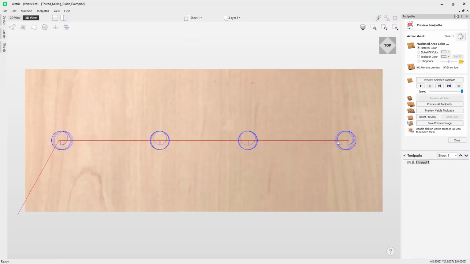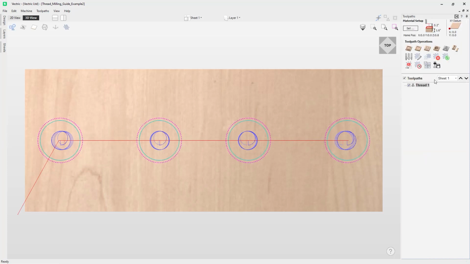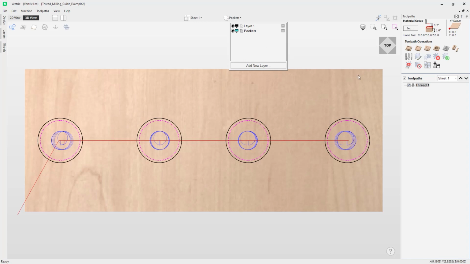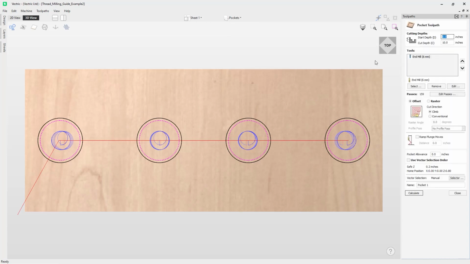Okay, so we've got our toolpath ready to be previewed here, but before we do that, let's just go and create our pocket toolpath. So we're going to select all the vectors on the pocket layer by double clicking on the layer page here. We're going to go into the pocket toolpath. So here we're going to set our start depth at 0, and then our cut depth, we just want to make that more than our thread. So we're going to make that